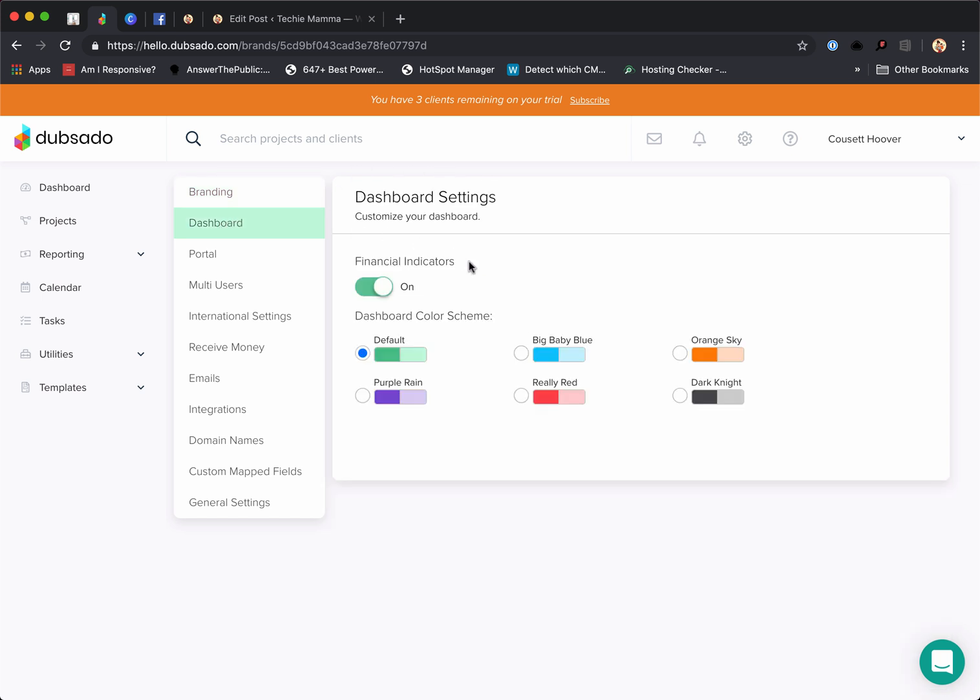So if we go to dashboard, this is our dashboard. So this link here in Dubsado. So here, pretty much all you can do is change if you want to see the financial indicators, and also kind of your color scheme. I'm going to change it to black, purple, orange. Blue. Why not? I like blue. So once you save that, you'll see that this has changed